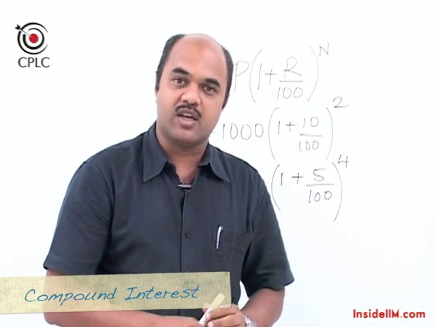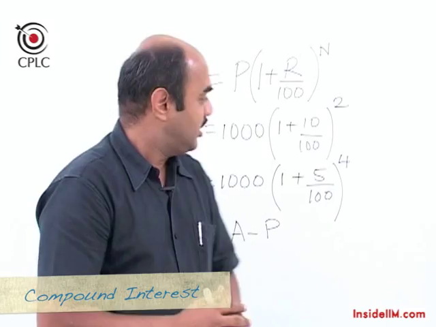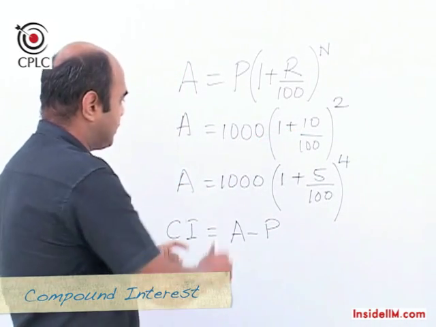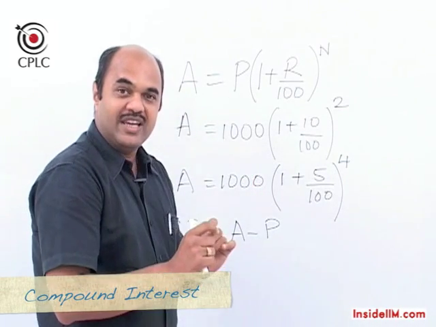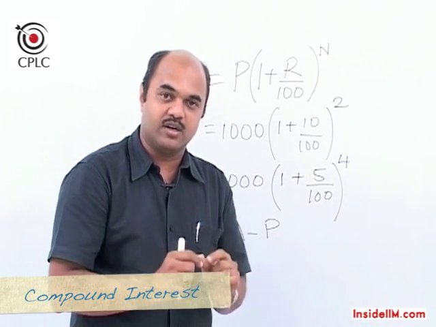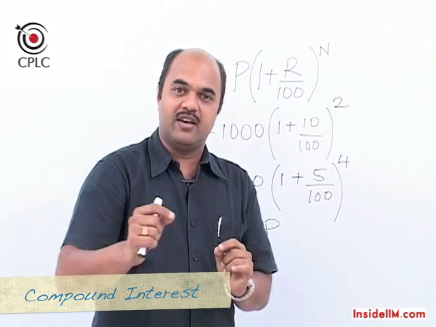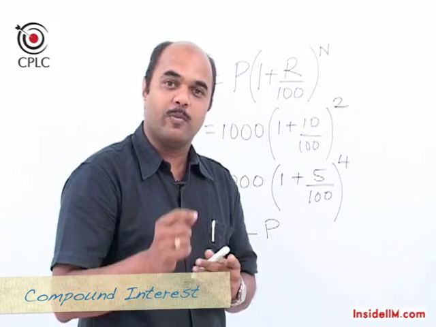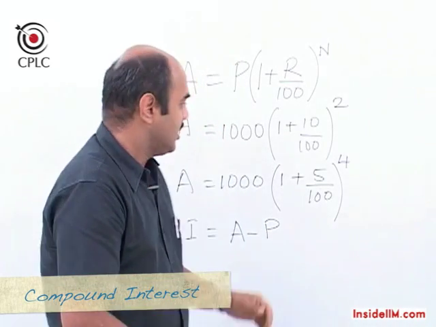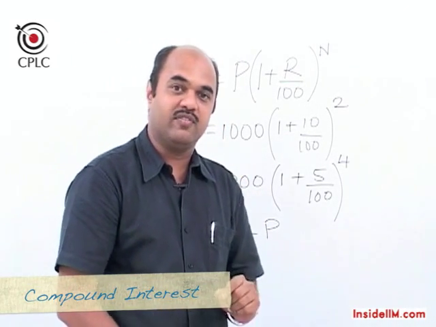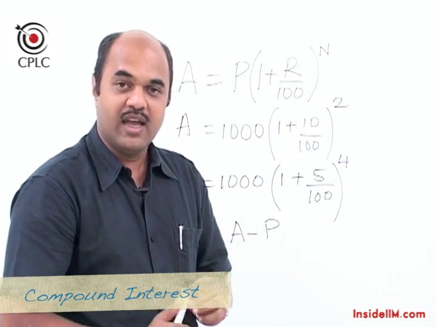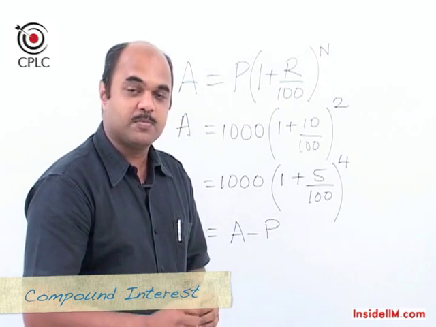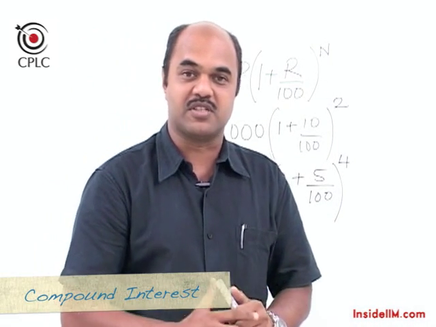But if we understand the compounding situation, if we look at this example of annual compounding, the principal was 1000, which increased by 10% at the end of 1 year, followed by another increase of 10% in the second year. So if we now go back to our concepts of percentages, this is nothing but an example of successive percentage changes. And hence another way of solving every compound interest question is by using the formula of successive percentage changes.